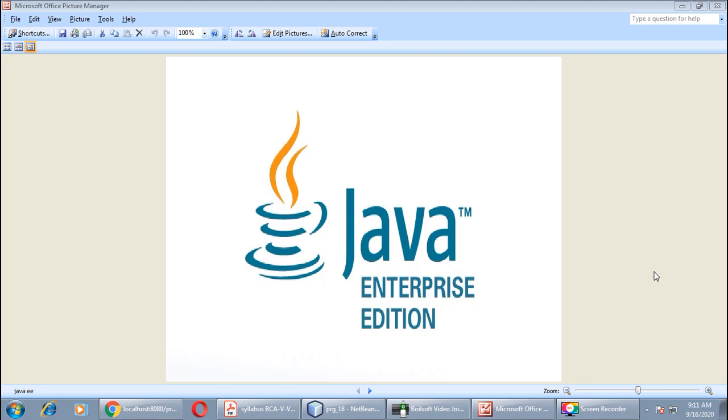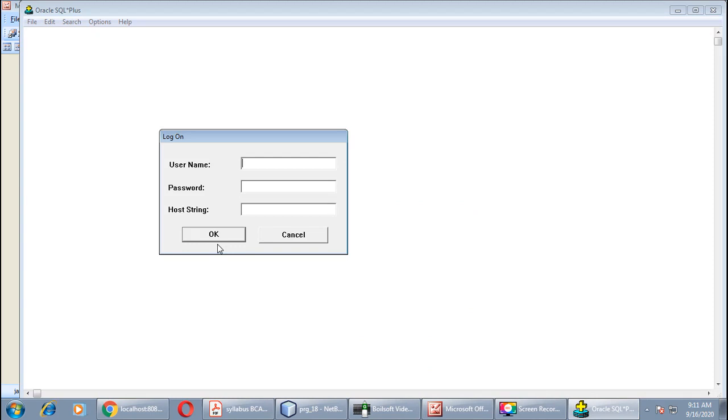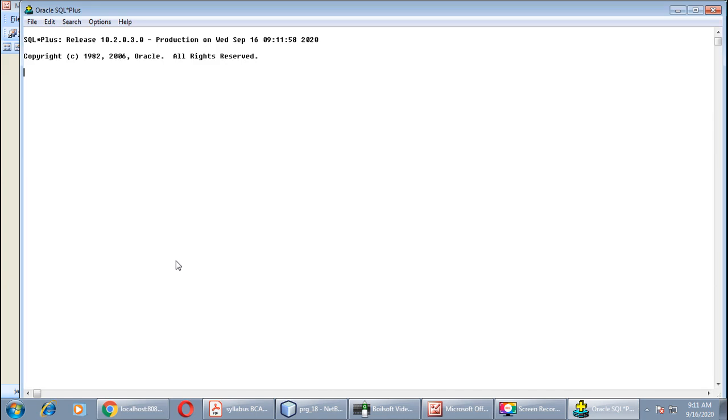What we are going to do is, first of all, open your SQL window, right? Here the username and password are Scott and Tiger. Create one table.